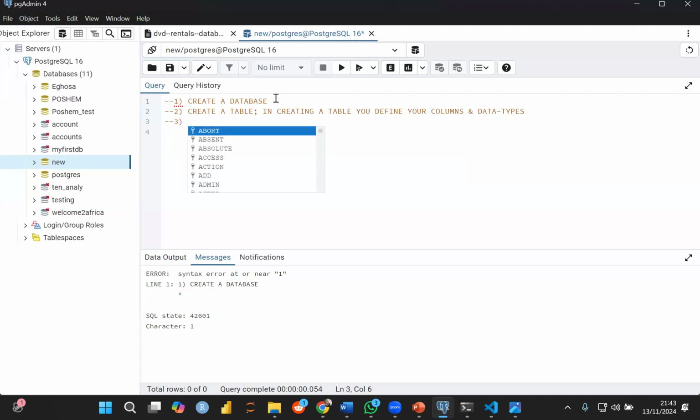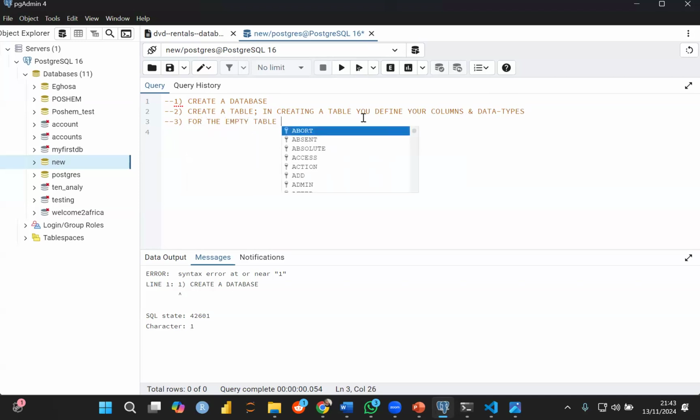After this, you can decide, okay, this table we've created is going to be empty. Note, step 2 is creating an empty table. So step 3 is, the empty table you have created. I'll show you all this right now. For the table you create,